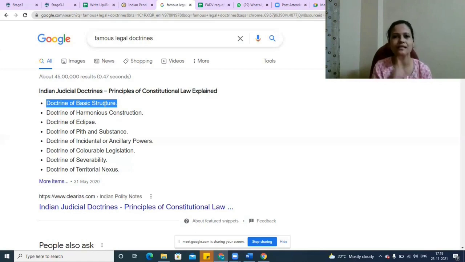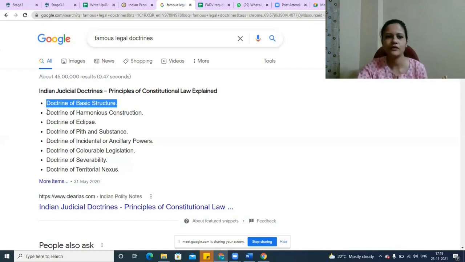Like that, there is a list of things which are considered as basic structure of constitution. But this list is not exhaustive. It says the list is open. Today we feel that these are basic structures. Tomorrow if somebody else wants to add anything, they can add it. Again, additions can happen. All right, so this is nothing but a doctrine that Parliament is free to make any changes, but they cannot change the basic structure of constitution. That means it's like a theory. Every time Parliament wants to make a change, they need to apply this theory. They need to see, are we changing the basic structure or is it fine?